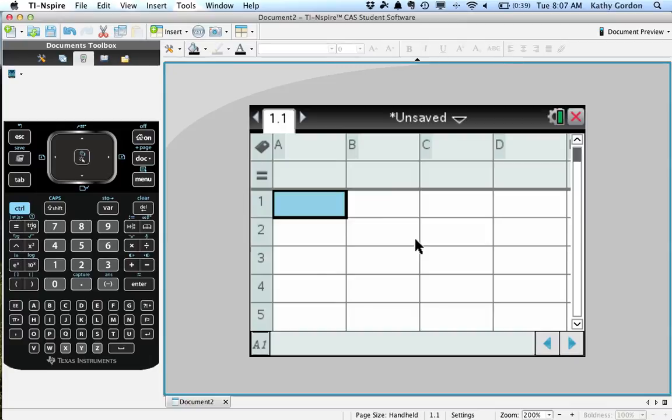And what you're going to get is going to look like a spreadsheet. Okay, you've got the cells here, you've got your columns, your rows. Columns are labeled with letters, rows are labeled with numbers. But we're going to be even more thorough, and we're going to name our column miles. Okay, so using your keyboard down here, we're going to type in miles and then hit enter,